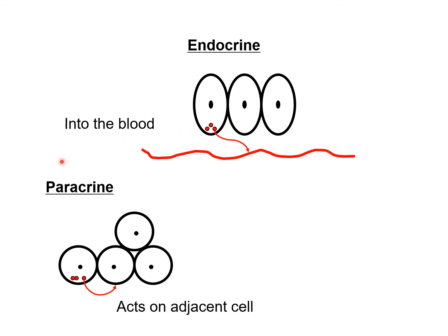So this is a very simplified version of endocrinology, but there's other types of communication that fall under the term endocrinology. For example, paracrine, para meaning beside. So one hormone from one cell can act on an adjacent cell. And this is really important during development and especially during metamorphosis in frogs. One cell in the developing legs can influence another cell